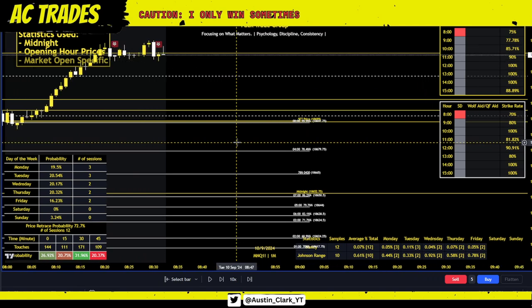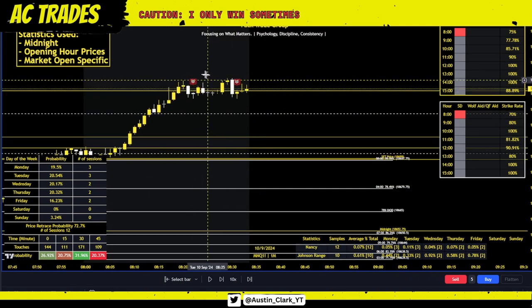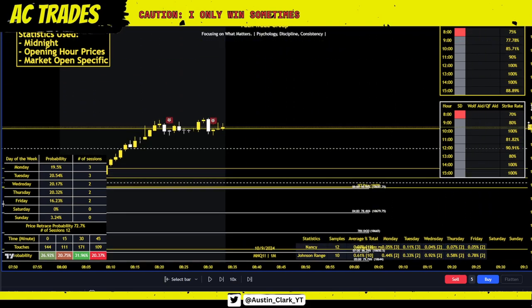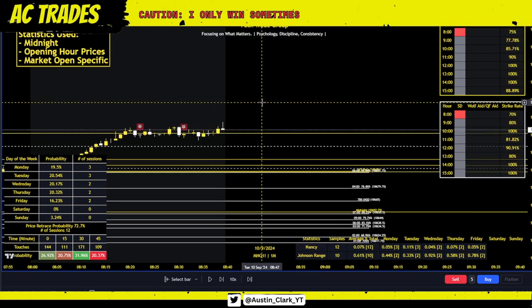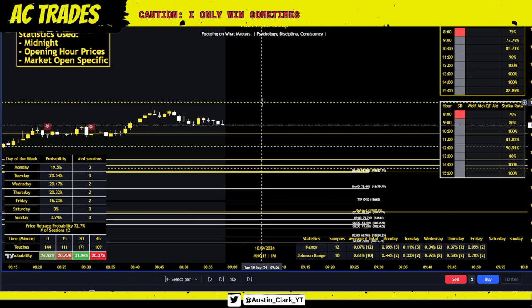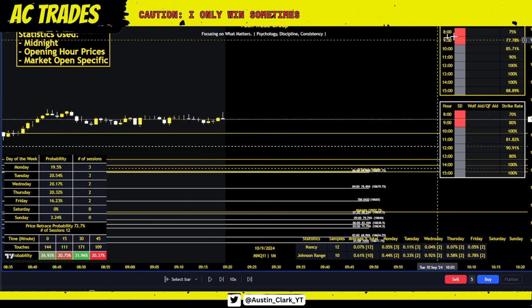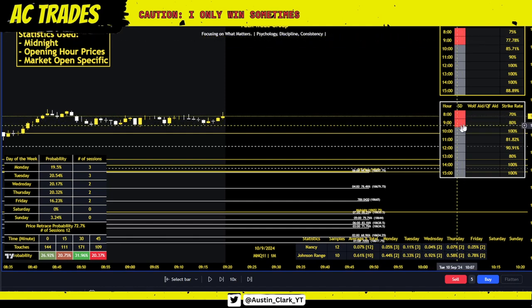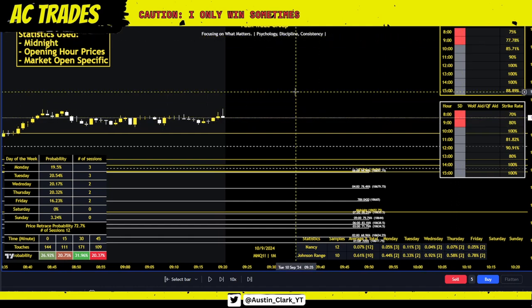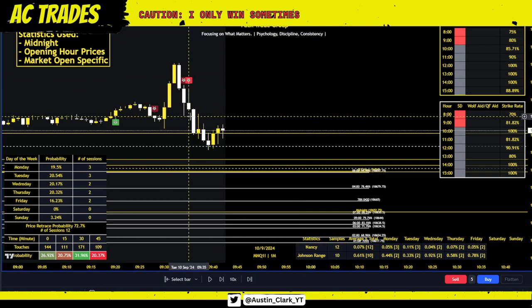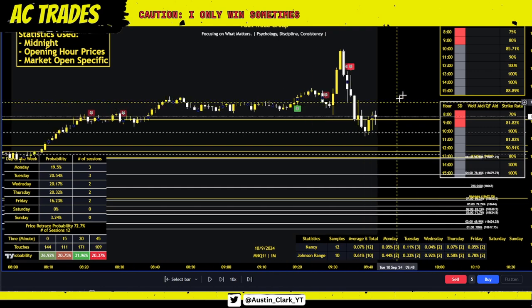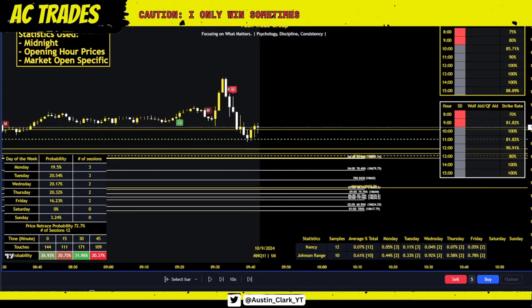So we come up here, we come up. These little darker rules are not the entry that I use for midnight. I use my entry aids. So we're going to wait for, look at this. By 9 o'clock, we're still getting statistical bearish direction. Boom, first entry right here at 9:35. And guess what happens at 9:30 to 10?